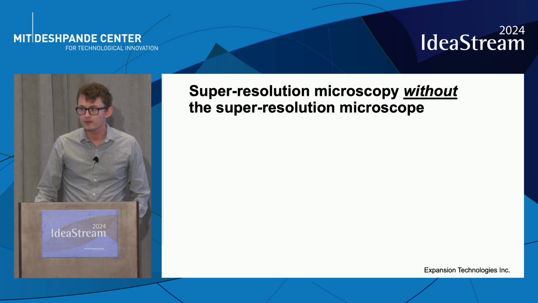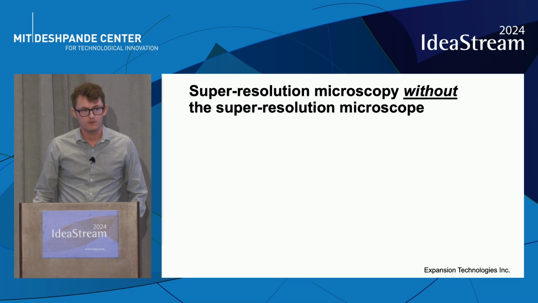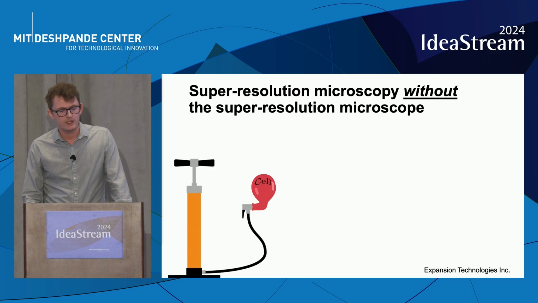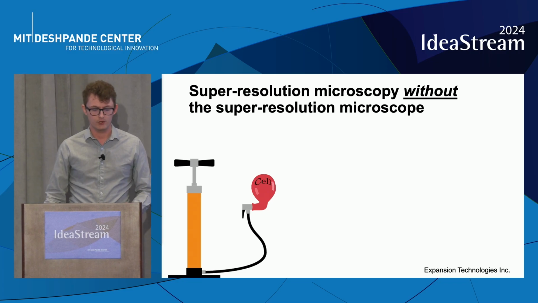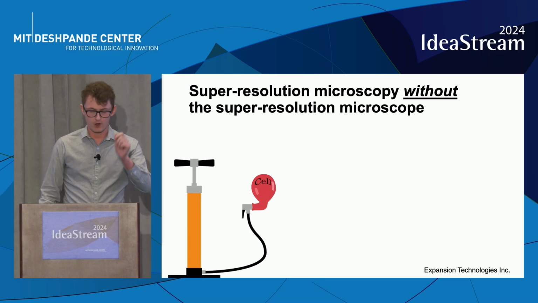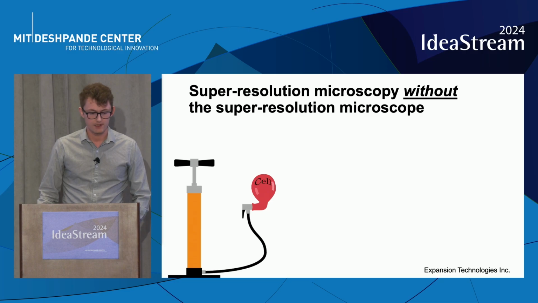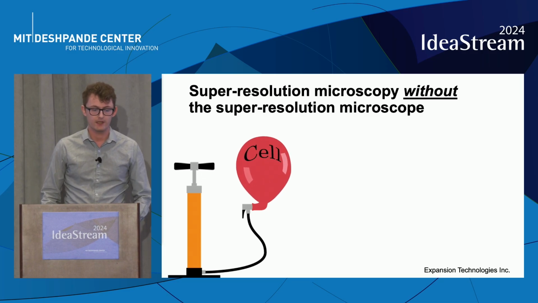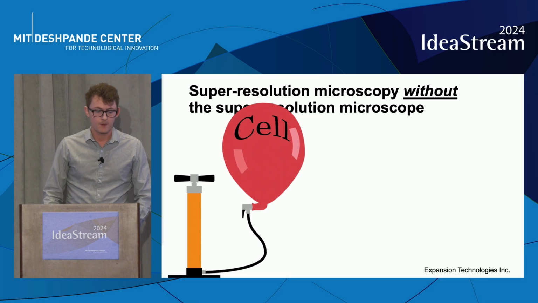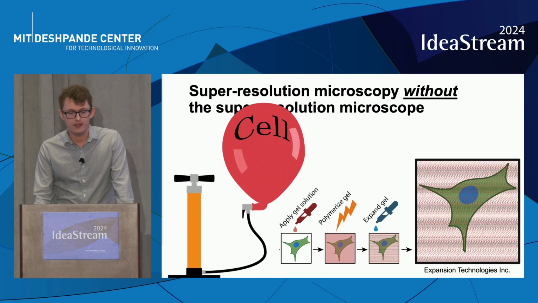Now there is one super resolution microscopy that was developed in 2015 in Ed Boyden's lab that obviates the need for a specialized microscope. And that's called expansion microscopy. To explain how it works with an analogy, imagine I have a balloon and I write a word on the surface of that balloon and then inflate it. Well, as that balloon inflates, the word increases in size and we get a bigger word that's easier to read. Well, we can do something similar in cells by embedding them in a swellable hydrogel.